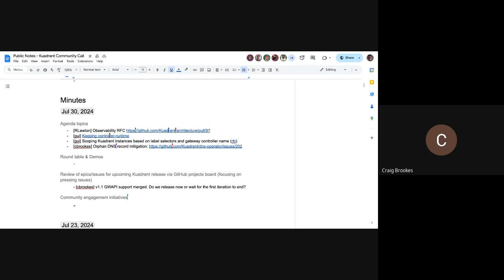But from what's being described, I would probably think a little bit more about configuring it in the Quadrant CR, and that would populate through to all the components as you're configuring Quadrant, and then maybe if needed something additional beyond that. But I'll go read the RFC again, just to make sure I'm understanding correctly.